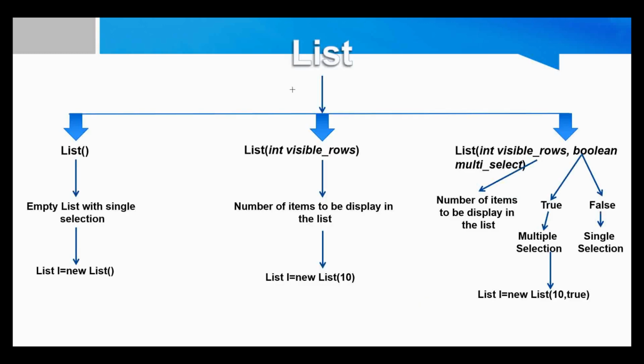So our first constructor is the default constructor, which creates a new scrollable list, and we will use this constructor like this example. The second constructor has one integer parameter, which specifies the number of items to be displayed in the list. We can use this like this. The third constructor takes 2 parameters, int and boolean value, in which the first parameter sets the number of items to be displayed in the list and the second parameter takes a boolean value, in which true means multi-selection is allowed and false means the list allows single selection. And this can be used like this.